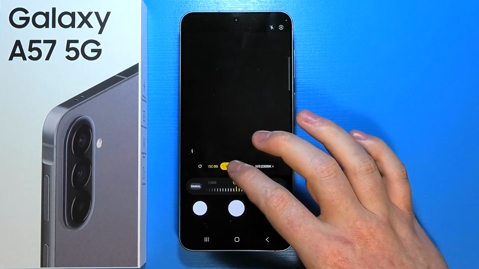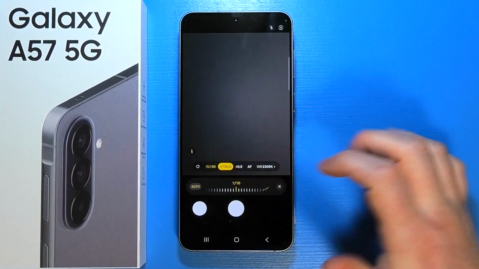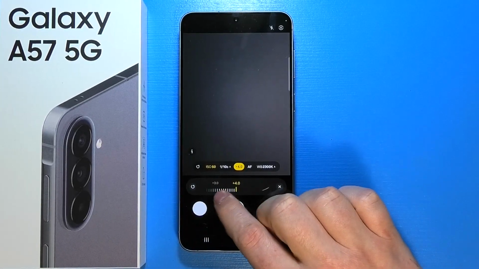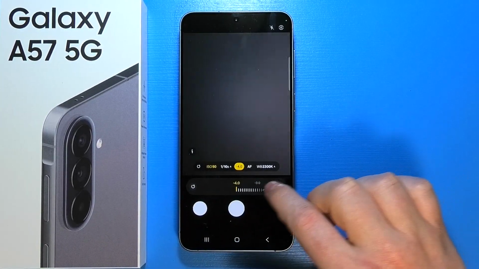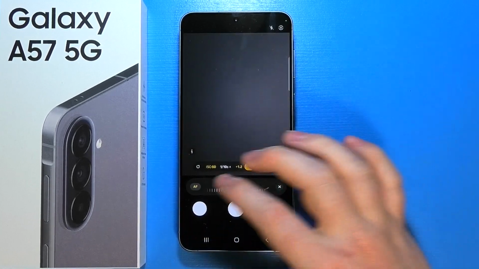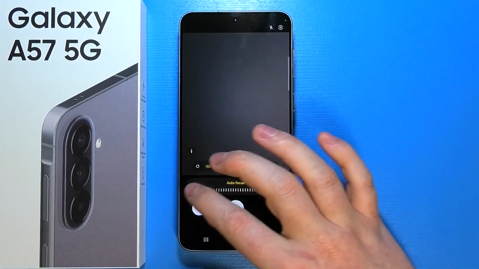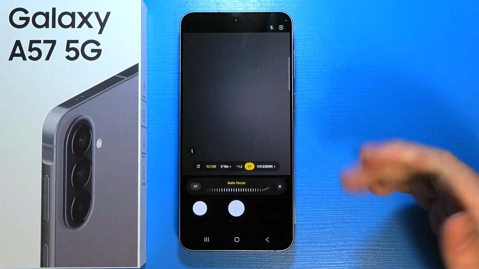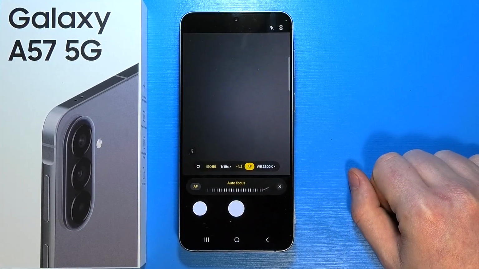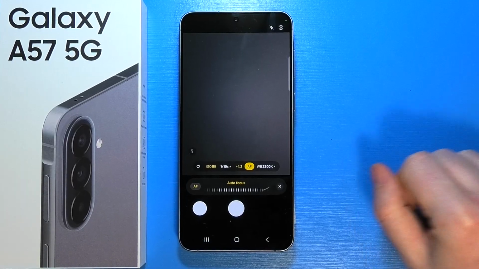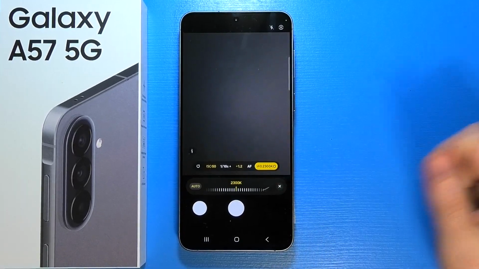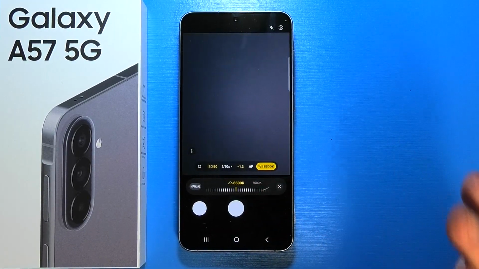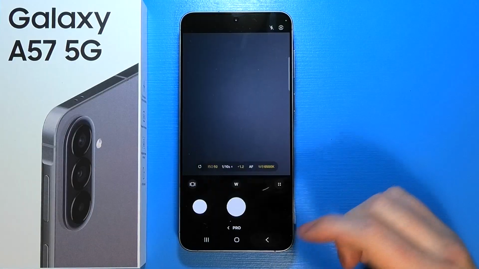You can also adjust the exposure right here. If you select it, you can change it. It also applies the shadows and lights, so you can set it however you like. There's autofocus. I would keep it on autofocus. You can of course change it manually, but this will make your photos worse if you don't know how to adjust that focus options. And lastly, there's white balance. You can also change it right here. And that would be 5 of the settings, including the Pro mode,